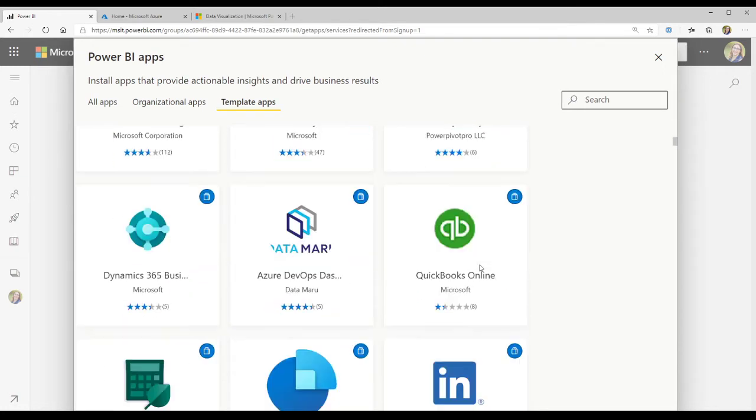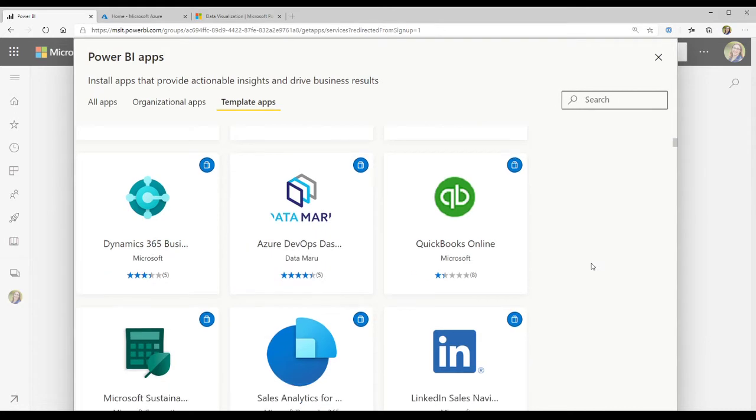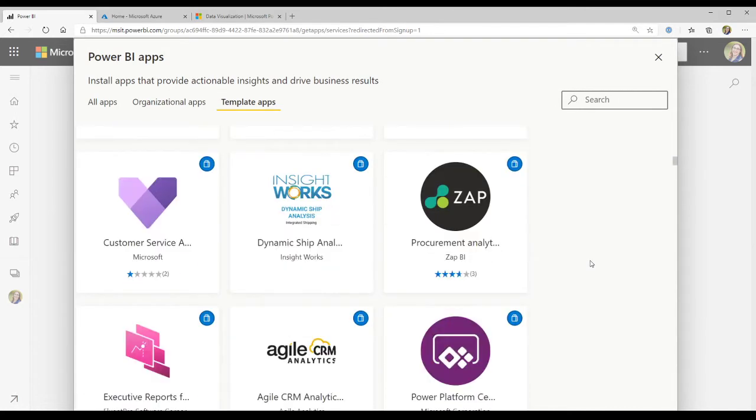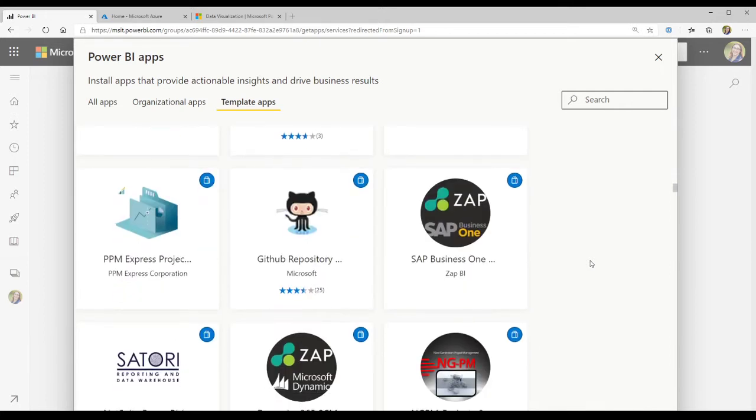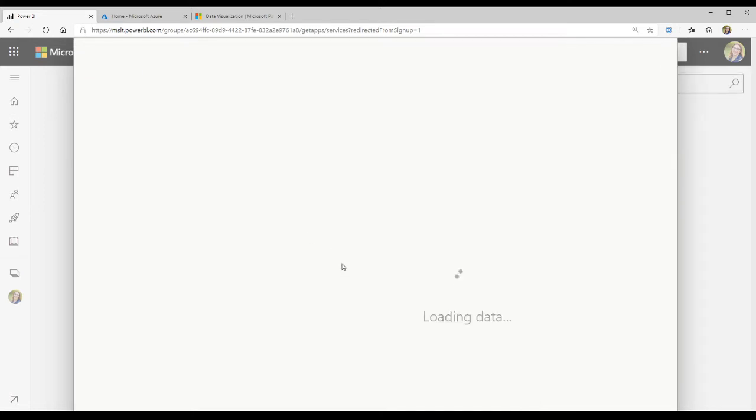NFL analytics, QuickBooks, etc. But one of the neat ones, if you don't know, I actually come from GitHub. That's where I was before I joined Microsoft. And they do have this newer one, which is a GitHub repository usage, which I thought was really neat, because when you click on it, you can basically start to see analytics from a GitHub repo that you have access